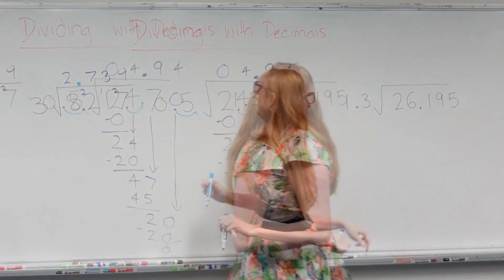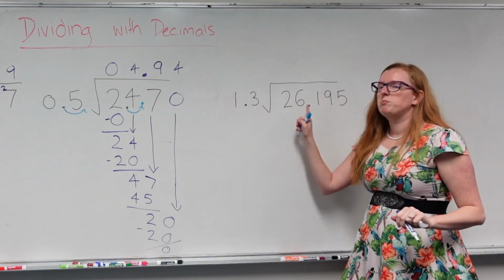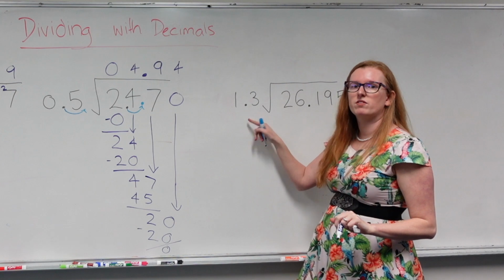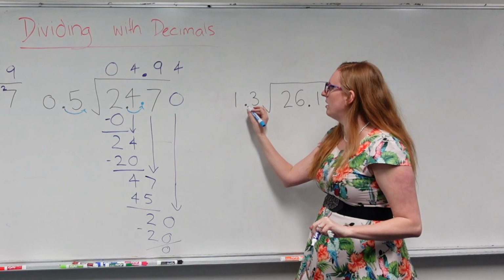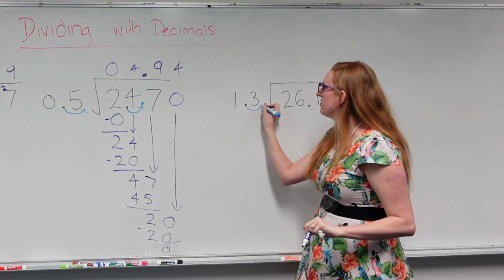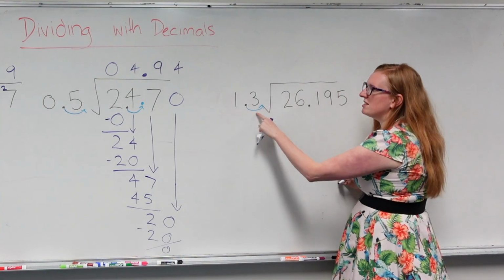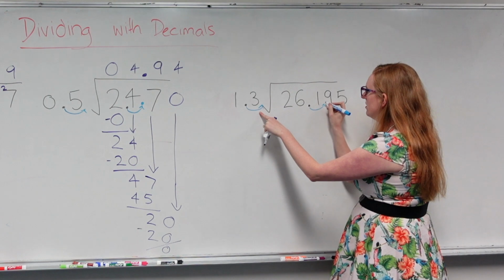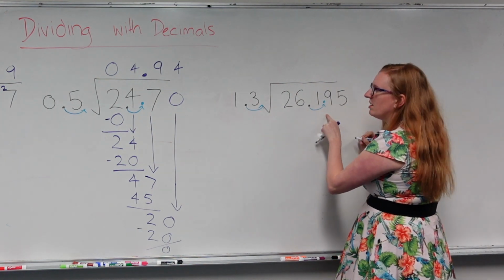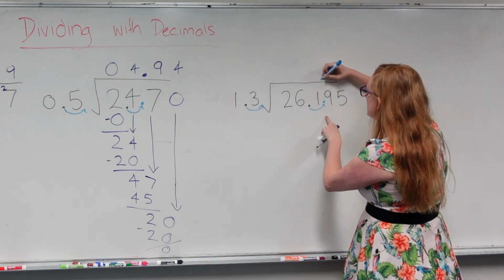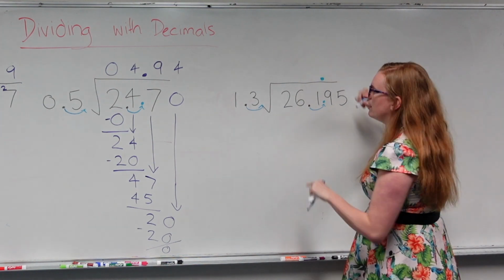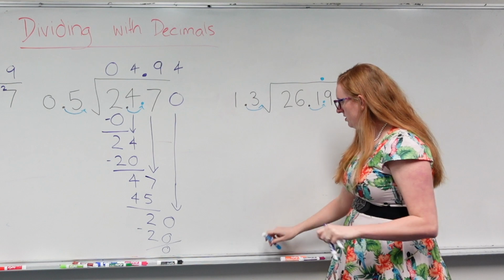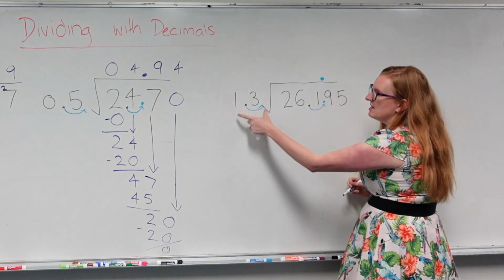I've got a decimal being divided by a decimal, so I want to turn this divisor, the number at the front, into a whole number. So I'm going to move my decimal point out of the way. So it's moved one spot to the right, which means I have to do the same in here. So now it's here. And so that I don't forget, I might actually draw my decimal point directly above now so that I don't forget it later or get confused. So now what I'm going to be doing is this has become the number